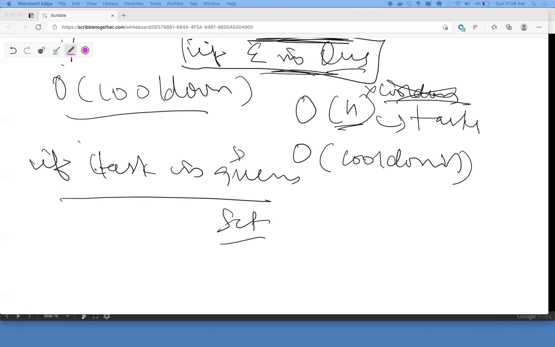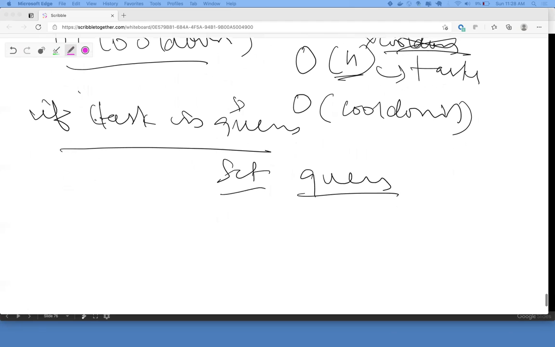A set doesn't guarantee order. So what you're saying is that you use a set, and you're popping and pushing into the set, always keeping its size at the cooldown.